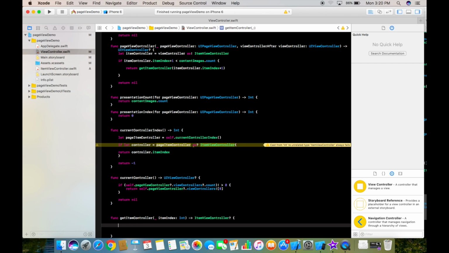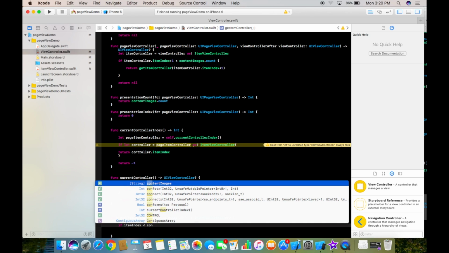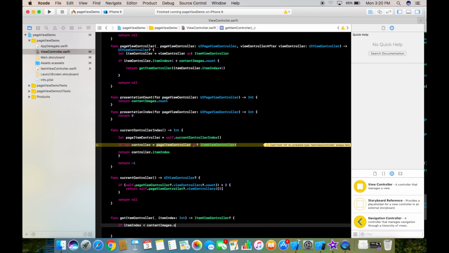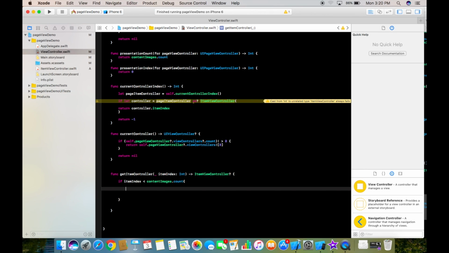And then inside of here we're going to say if item index is less than content images dot count, an open bracket, close bracket, and we're going to call a variable, so let page item controller equals self dot storyboard